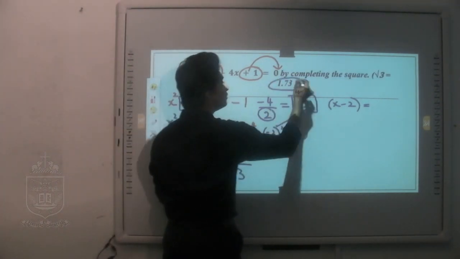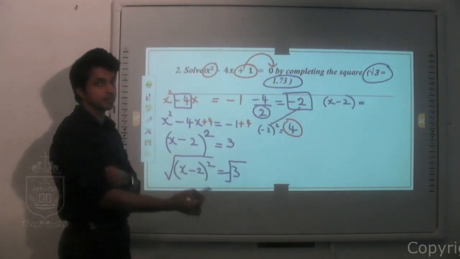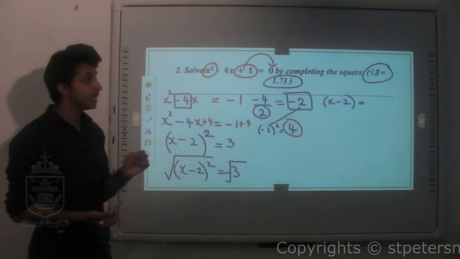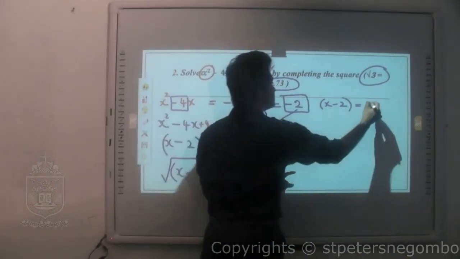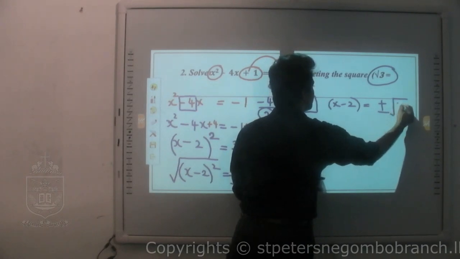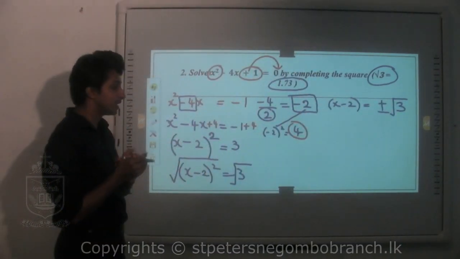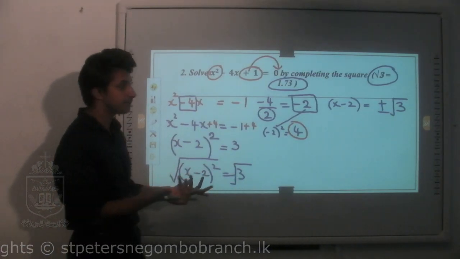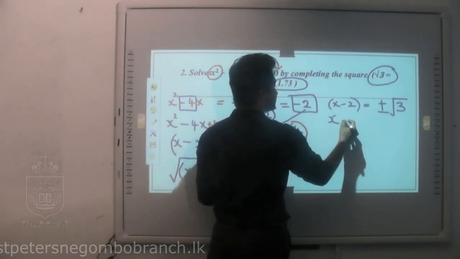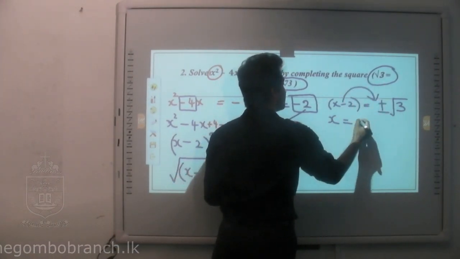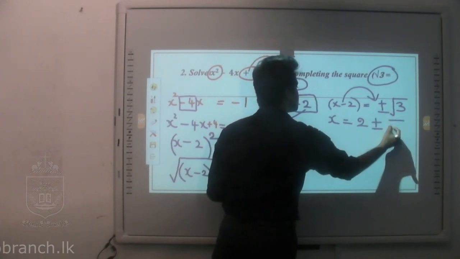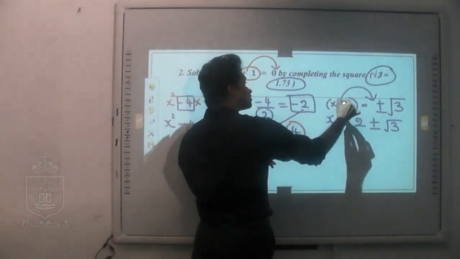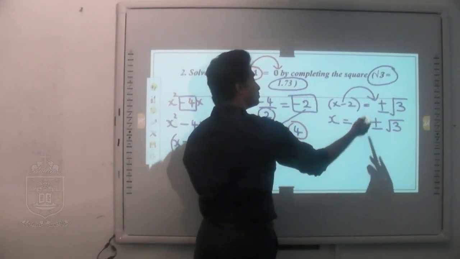See, I have already given you the root 3 value in the question itself. Even in the exam paper, you will be given the square root value. So now here, don't do anything, just write it as plus or minus. I don't know the value of root 3, I will just write as plus or minus root 3 after taking out the square root. Here you can't take out the square root because it is not a perfect square. Now keep x alone, take minus 2 to the other side, it becomes plus 2 plus or minus square root 3. Okay, I have to keep x alone, so then minus 2 I will take to the other side, becomes plus 2 plus or minus root 3.